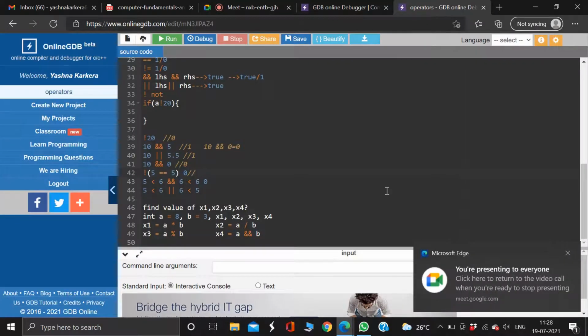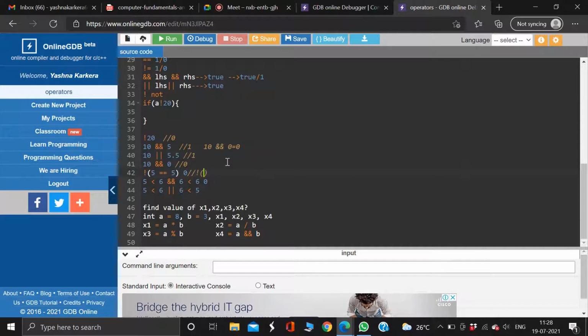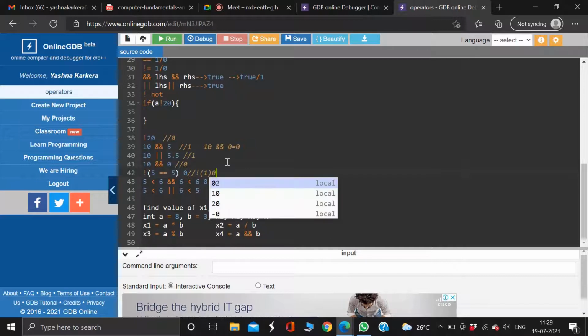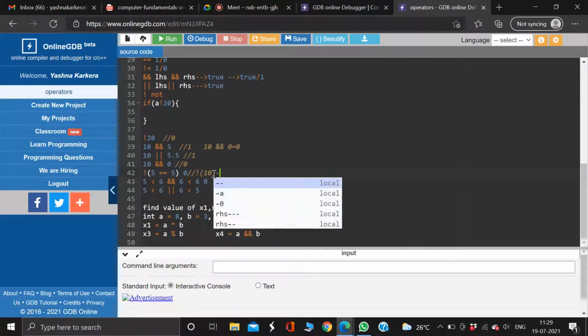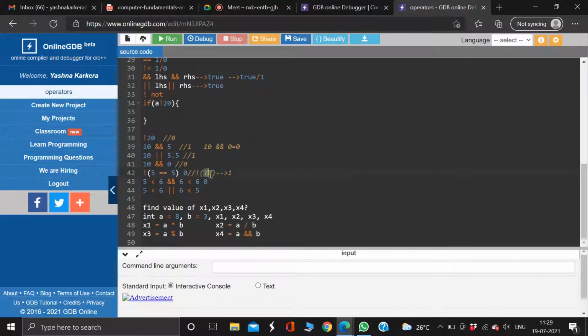Whenever you have this kind of question, try to evaluate properly. Is 5 equal to 5 true or false? True. So I have 1 here, right? Here I have false, right? Whether not 10. It is asking not 10. Not 10 is true or false? This is true. So this is some real value. Now when you solve these questions, you'll understand it more clearly. Now tell me these questions. This will make everything clear to you guys.